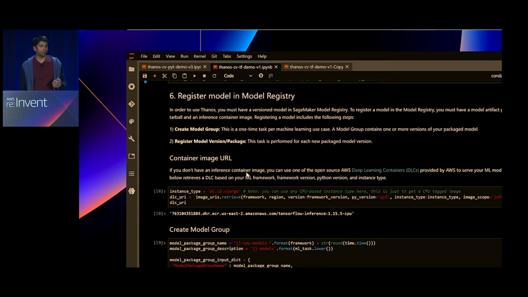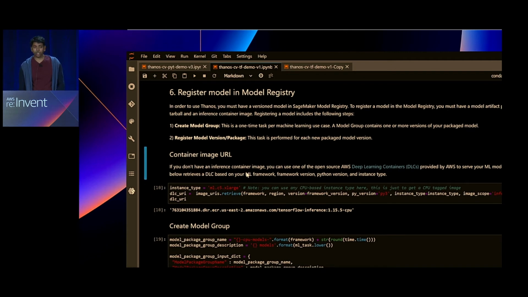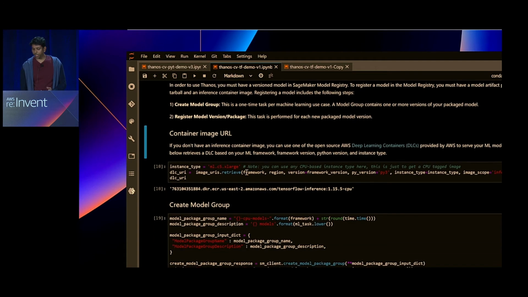If you want to train a model and then automatically deploy it, model registry makes that automation a lot easier. And here we're using model registry as a way to store all this metadata about your model: your container image URL, your model metadata, and your model inference code and artifacts.